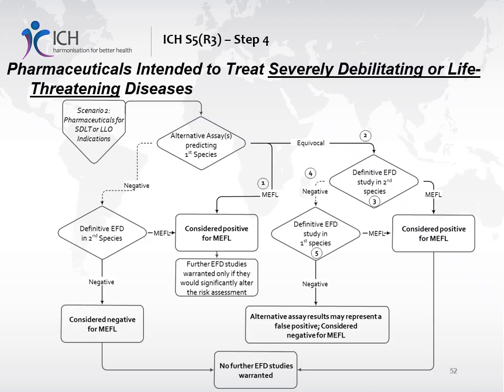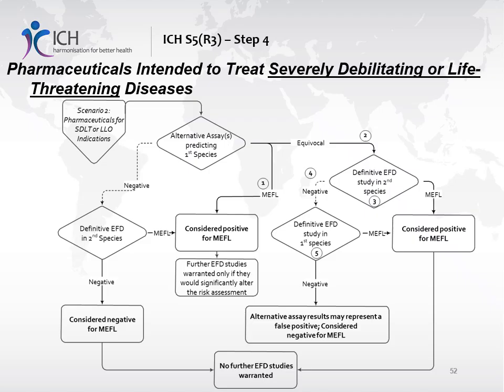If no EFD signal is observed in the 2 definitive in vivo studies, at appropriate exposure margins, the results of the alternative assay could be considered of minimal concern for human risk assessment. However, for alternative assays that have been qualified to predict human malformations, additional data should be provided to support the conclusion that the alternative assay results represent a false positive finding. If one or both of the in vivo studies are positive for EFD toxicity, the compound is considered to be positive for EFD risk. Conducting the studies in series can allow for reduction in animal use, as the second in vivo assay would not be warranted if the first one is positive.